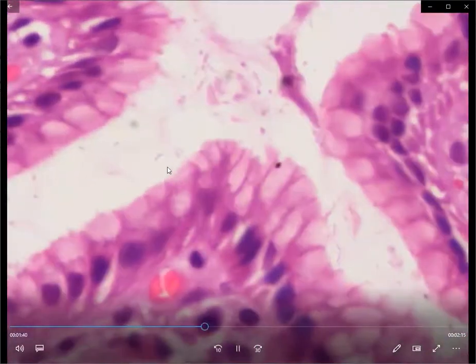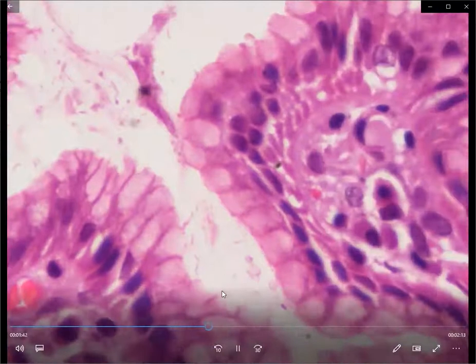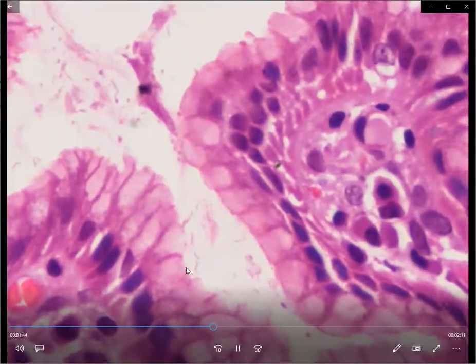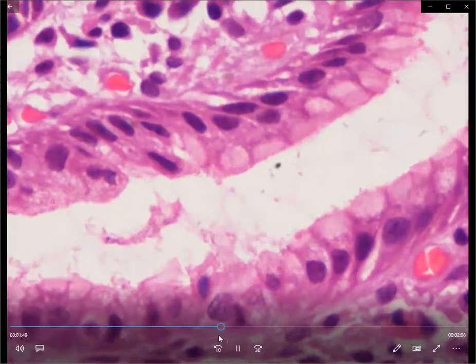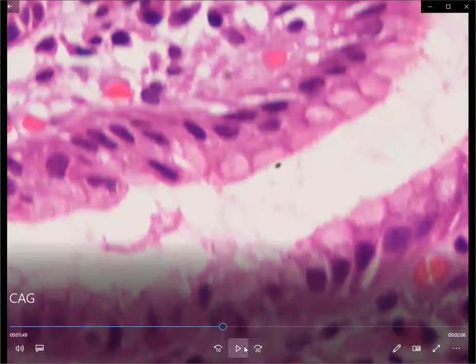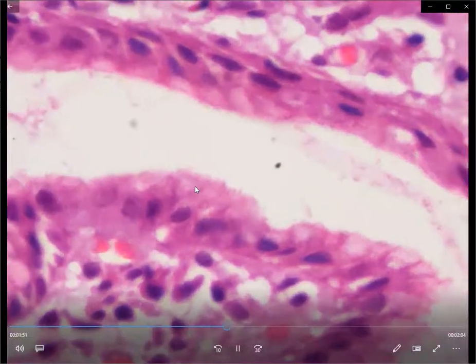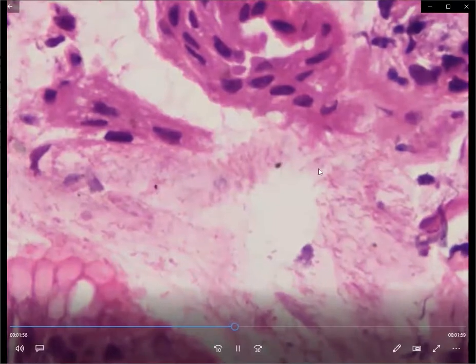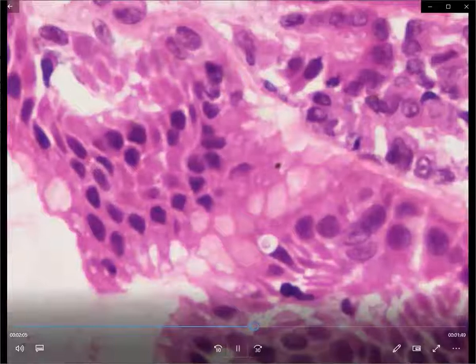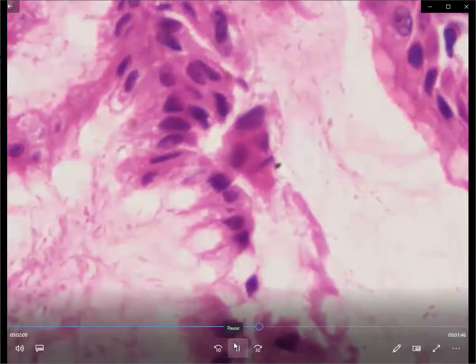Most of these will be confined within the mucus layer, that is, near the epithelial lining. Why? Because they are protected by the mucin released by these mucus cells. The gastric foveolae are constantly secreting mucin into the crypt lumen, and it is into this that the H. pylori float. So the area where we look for H. pylori is within the surface crypt lumen, but they could also be seen within the crypts present in the gastric gland.